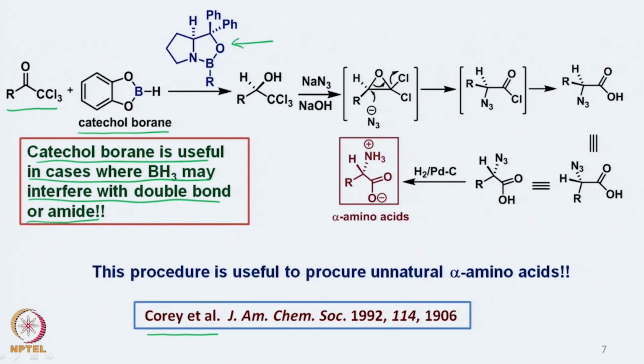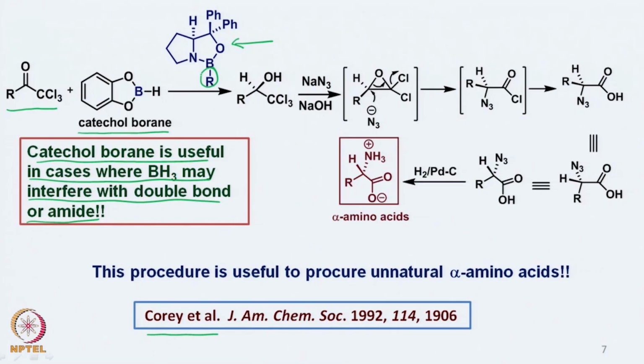At the same time the modification of the borane can also be done in such a way that gives more steric bulk to the reducing agent. So we can also modify this based on